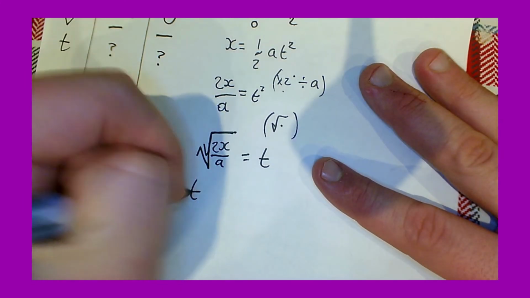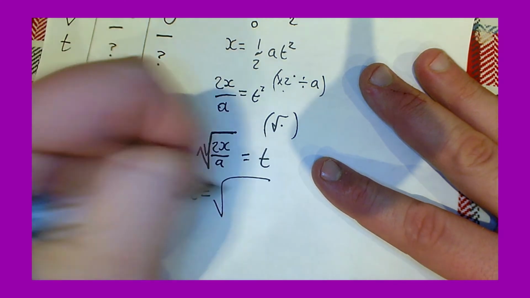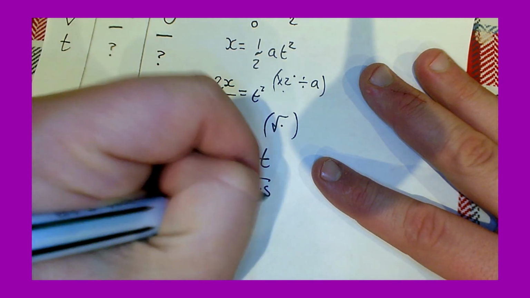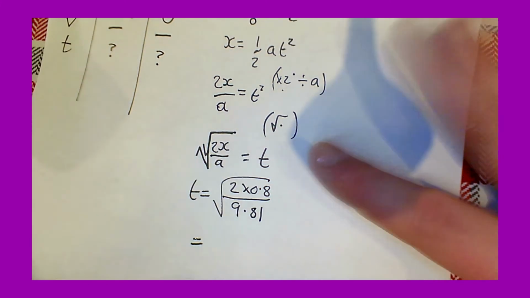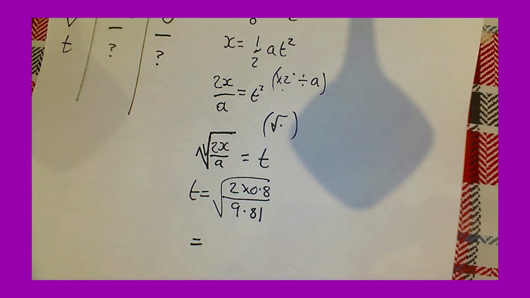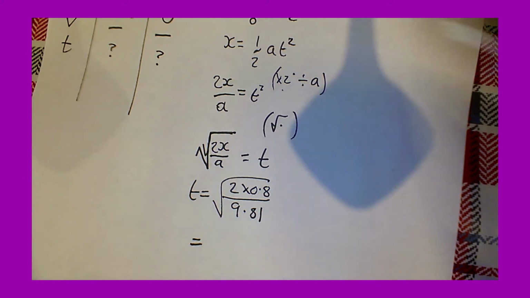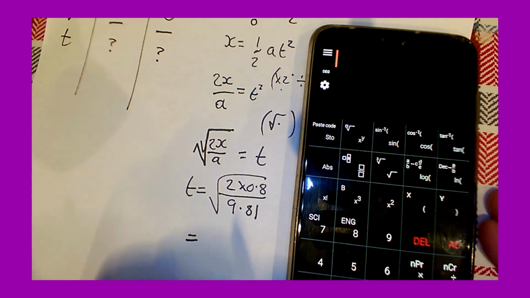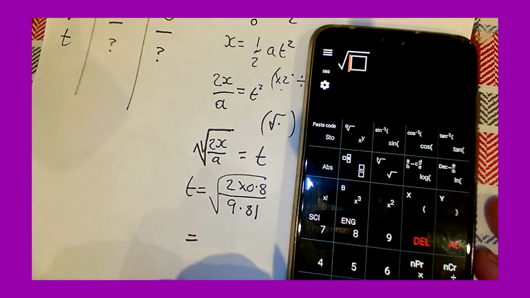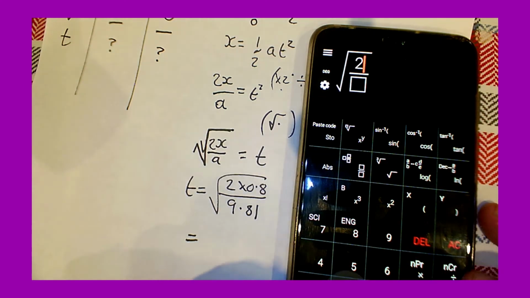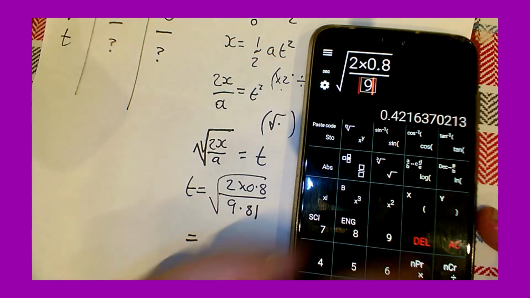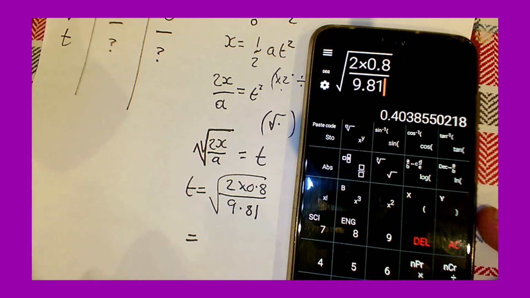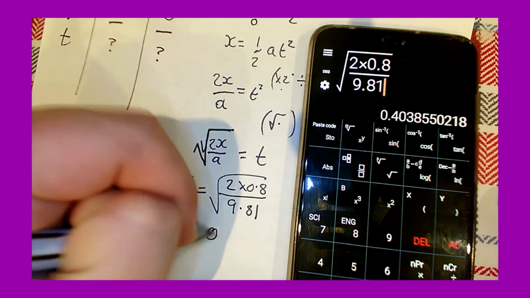I now substitute in, so t equals the square root of 2 times 0.8 divided by 9.81, which gives me a value of, let's just load up the calculator again, the square root, and I'll put it in brackets just to make life easier, 2 times 0.8 over 9.81. So that gives me a time of